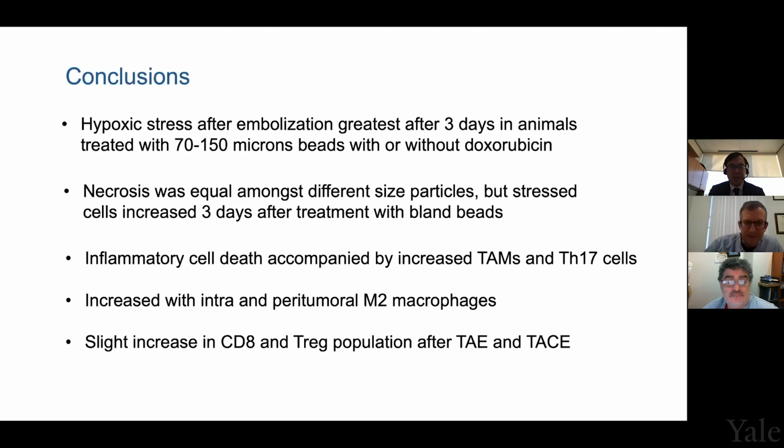Okay, thanks. So Julius has a comment which basically states that we published some very early and less elaborate data on a similar topic in JVIR about a year ago, admittedly using the really immunogenic oncozine beads loaded with idarubicin, and found that smaller beads caused more hypoxia than the larger beads. But this was in a VX2 rabbit. Do you think that the animal model matters? I mean, obviously you used a rat model. So do you think that actually matters?